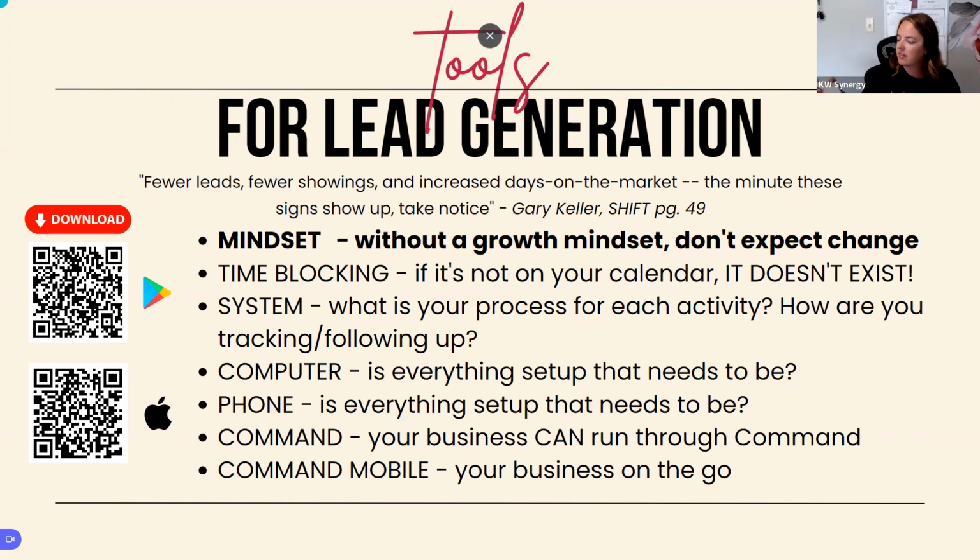This is page 49 in the Shift book. This is literally part of the words of tactic. I think it's 3. Hold on. 49. Tactic number 4. I was one early. Find the motivated lead generation. So this is literally Gary writing about how you lead generate in a shifting market, what you're experiencing right this